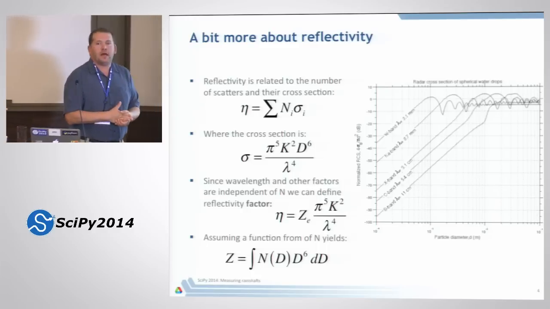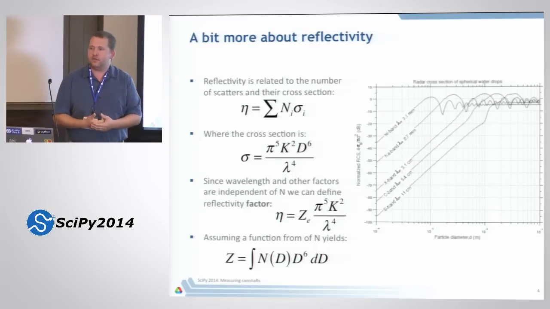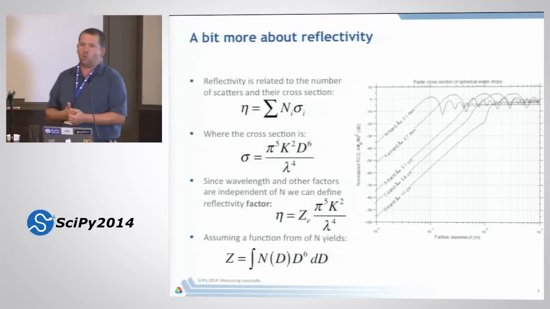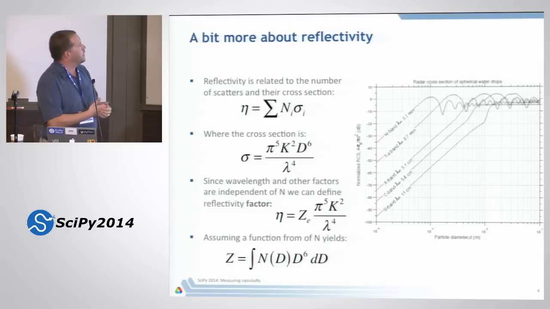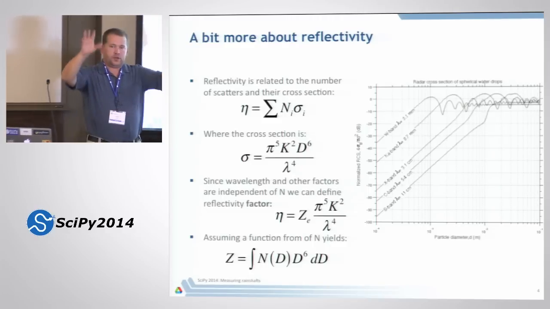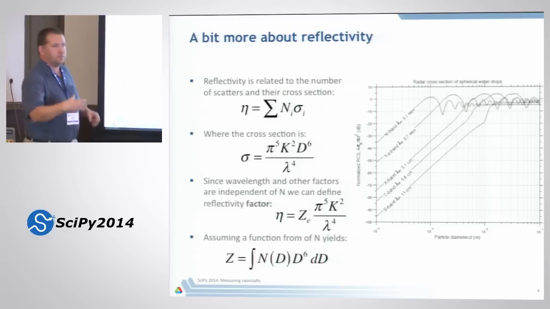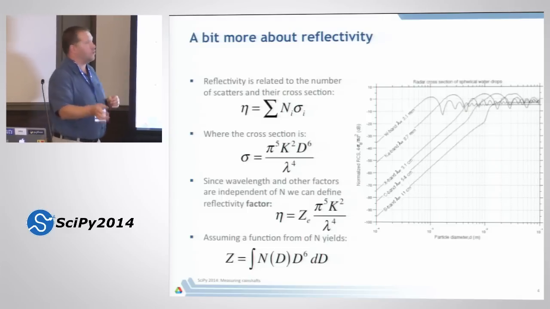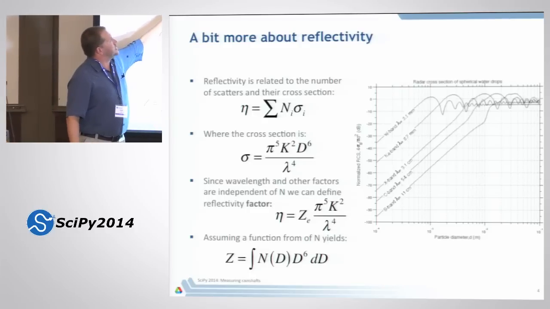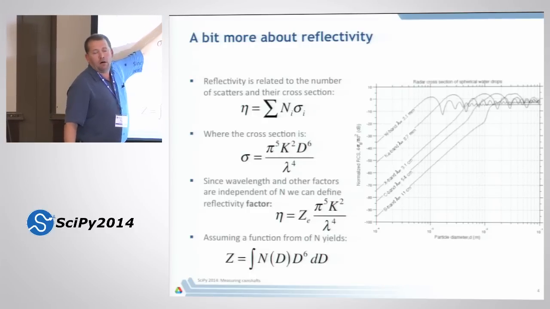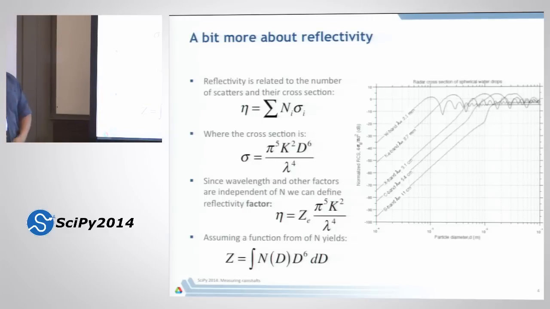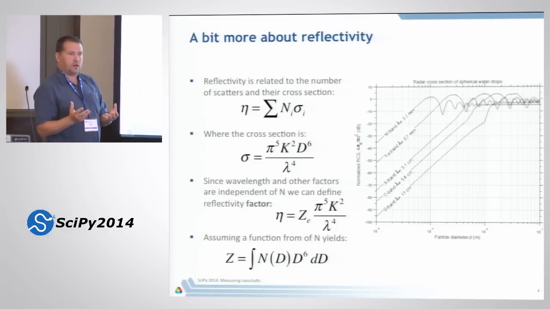So a little bit more about reflectivity. I want to talk about reflectivity, what it is, to give you a flavor of what we do and why we do this in our software. If you have distributed points, the amount of radiation reflected back at you from a radar beam is simply the sum of the number of elements there and what we call their backscatter cross-section. So if I throw radiation at it, how big does it look like to my radar beam?